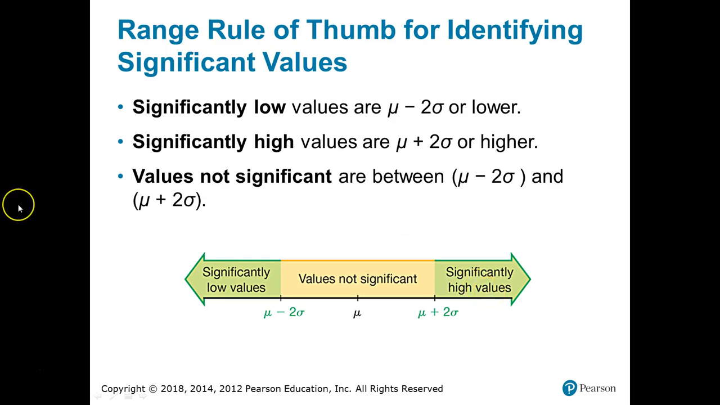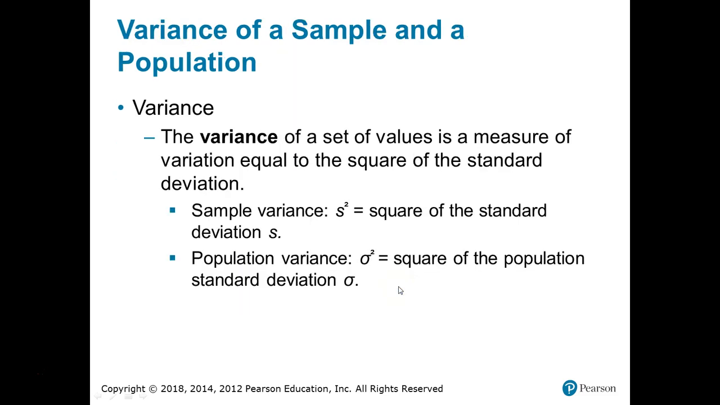So we are saying that a data value is significantly low if it is lower than this point right here, significantly high if it's greater than this point right here, and not significant if it's between these 2 data points. Okay,